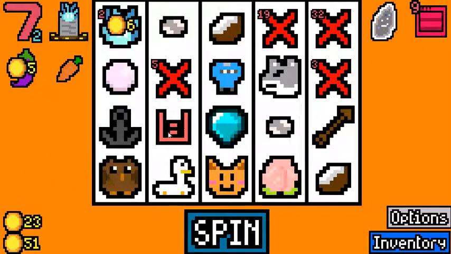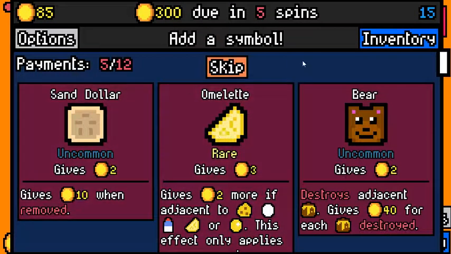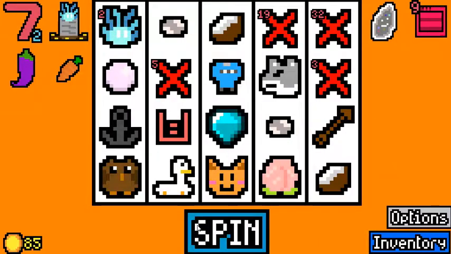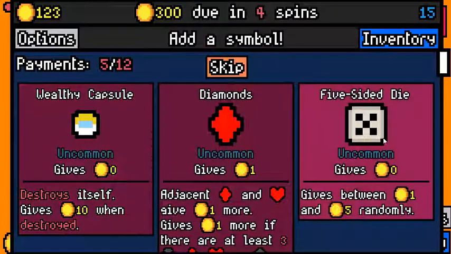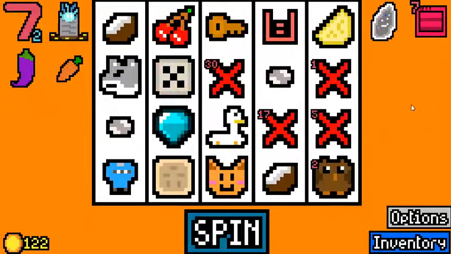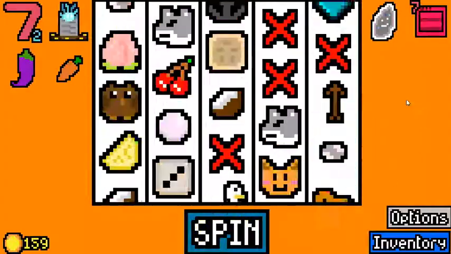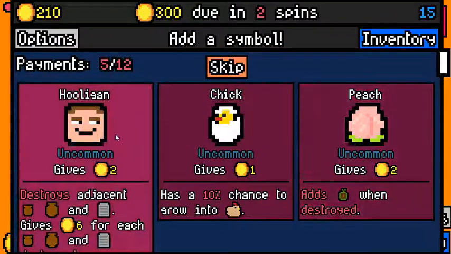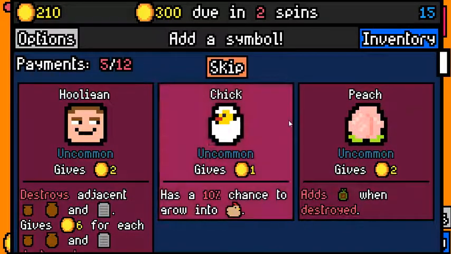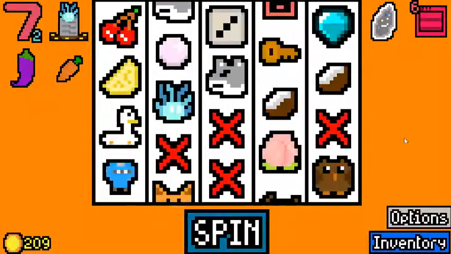Oh, that's painful. So our diamond got drained. That's 34. 34 is about what we needed for our previous rent payment. Alright. 39. Still not enough. Gonna grab the 5-sided die. 38, also not enough. Buffing capsule. We're all in on the lucky carrot right now. 51, that's good. We don't need a hooligan. Chick and peach, those don't help us. We need 90 in the next 2 rent cycles. I don't think we're going to make this, but